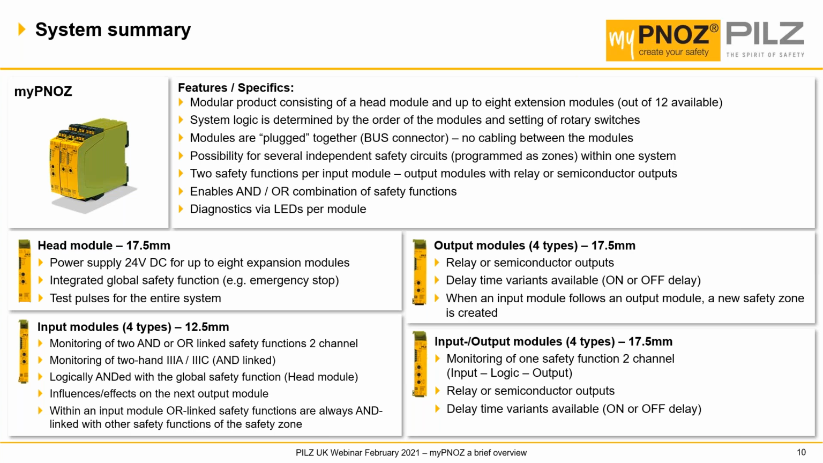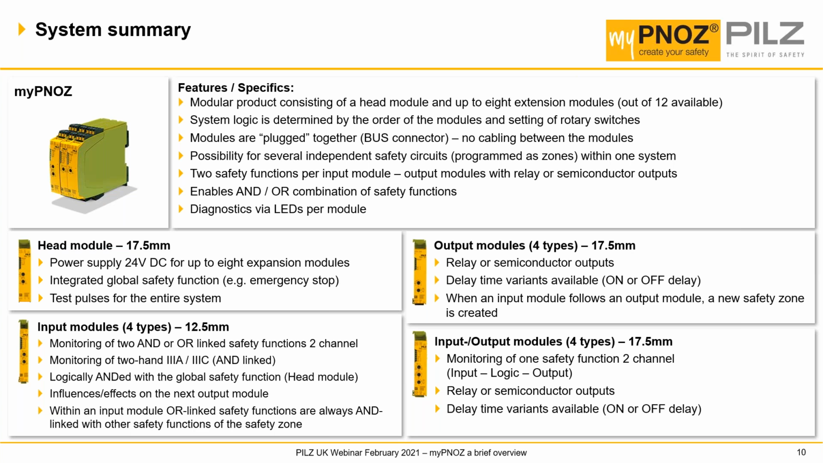A summary of the system features and specifics is shown here. I won't go through everything, but basically the myPNOZ device has 12 units available. It starts off with a head module, which is 17.5mm in width, which supplies the power supply for up to 8 expansion modules. It has an integrated global safety function, for example, an emergency stop, which will affect all the